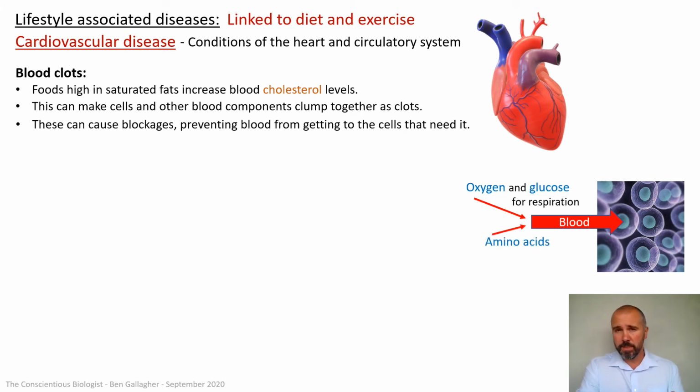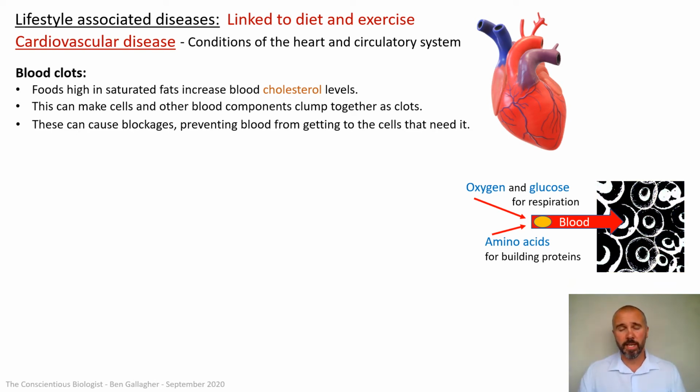But you also get amino acids delivered to the cells in the blood. And of course, you need amino acids to build proteins, and proteins do everything. So without the glucose and oxygen, these cells can't make energy. They can't build any of their proteins. So very quickly, if there is a blockage there, so you'll see I've just put that little blockage just there now, look. If it blocks the oxygen and glucose and amino acids and any blood getting to those cells, they are very quickly going to die.